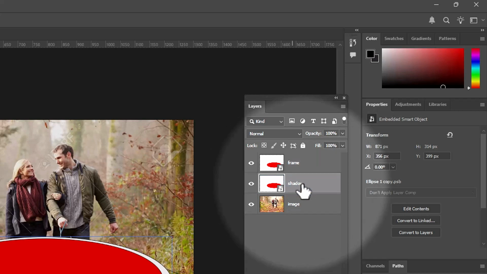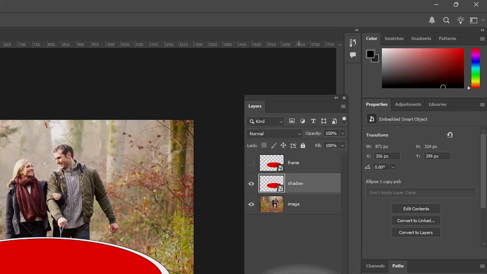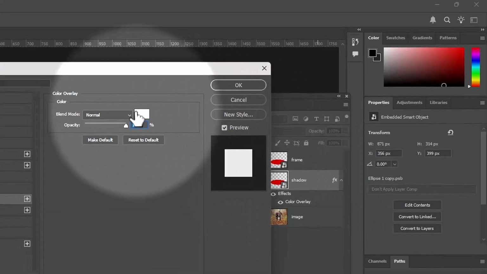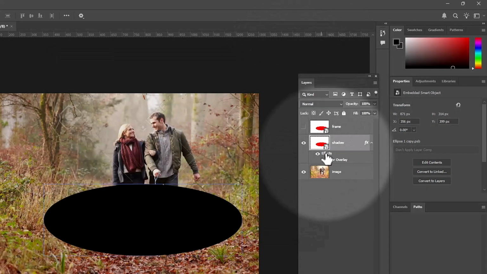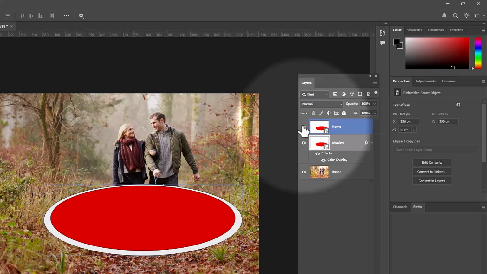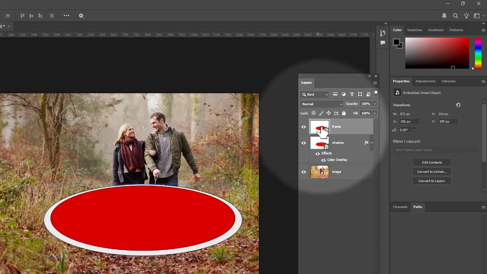Now what you do is you just select this, hide this, go to color overlay and change that to black. Now this is black. Now you just see, select this layer and next what you do is Ctrl T